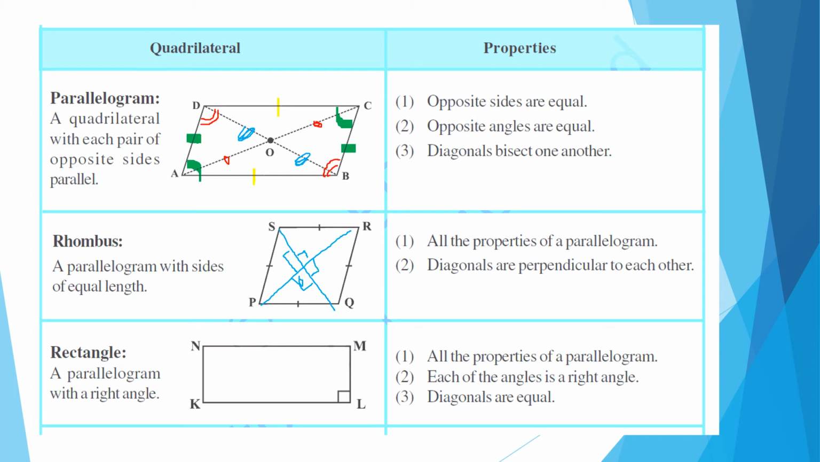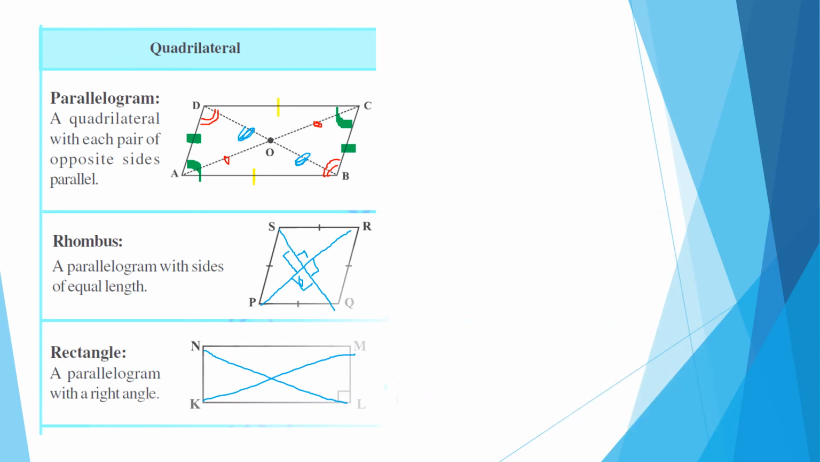So can you give me an example of the diagonals? It would be KM would be equal to NL. So the diagonals of a rectangle are equal, that is NL is equal to KM. Moving ahead